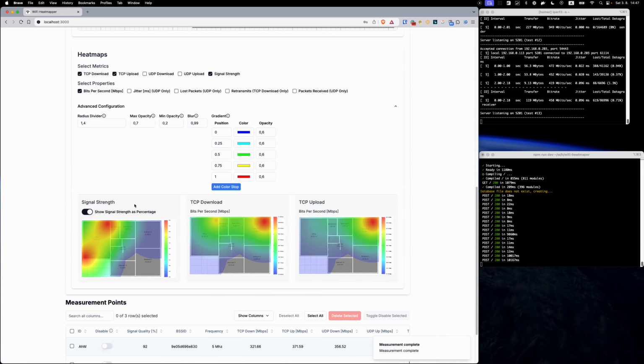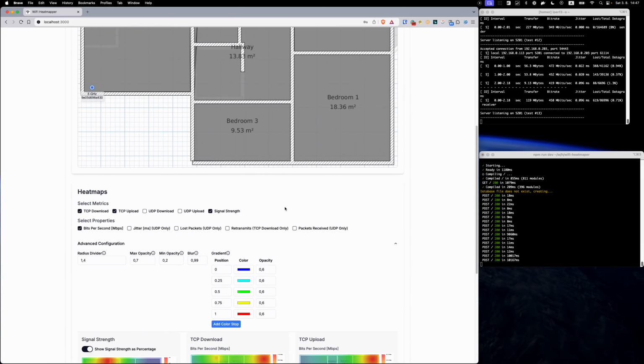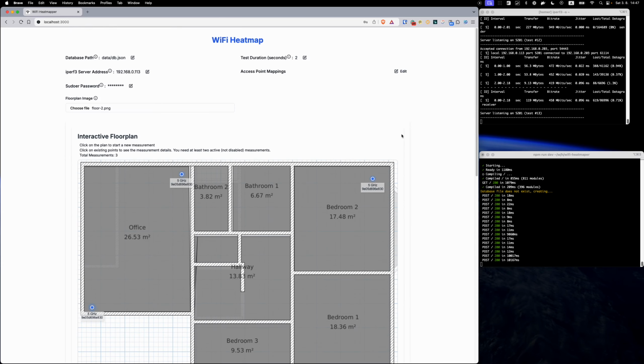Yeah, so we have an additional point. You can see that the heat maps have changed. And yeah, that's pretty much it. I hope the rest is basically self-explanatory. And yeah, I hope you'll find it